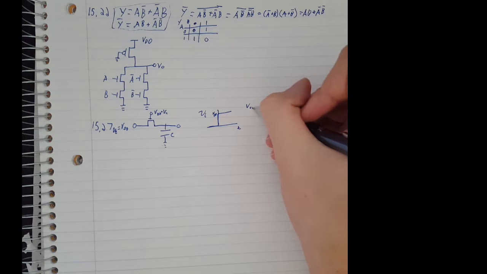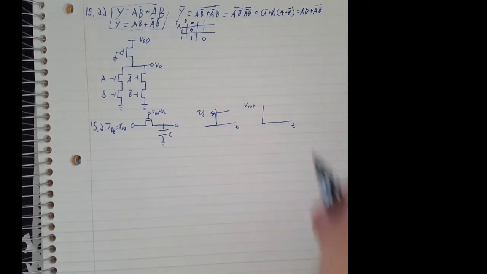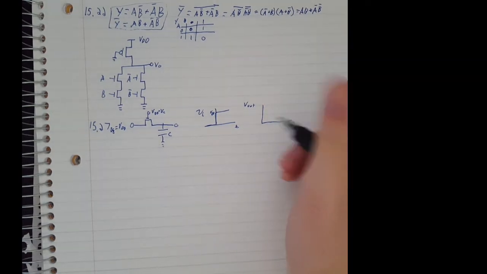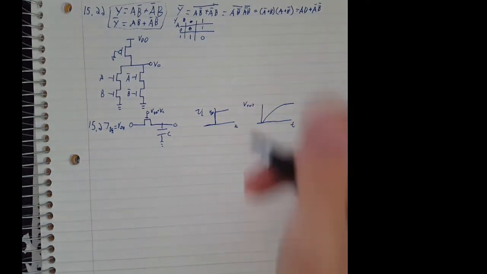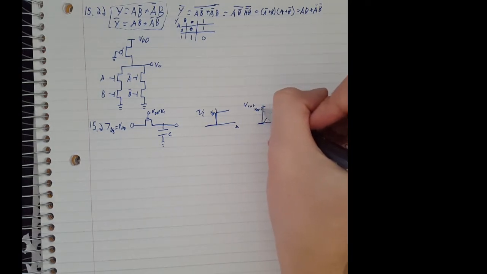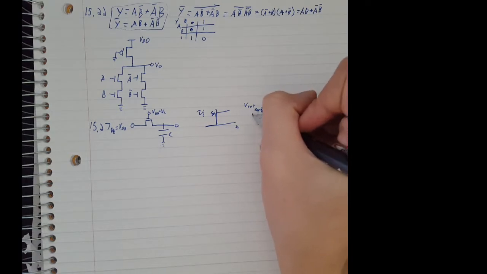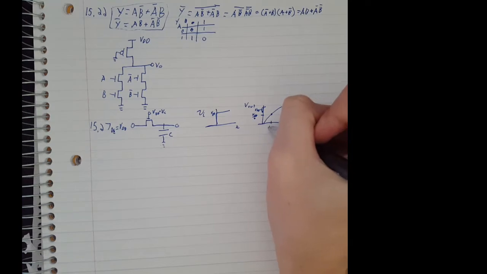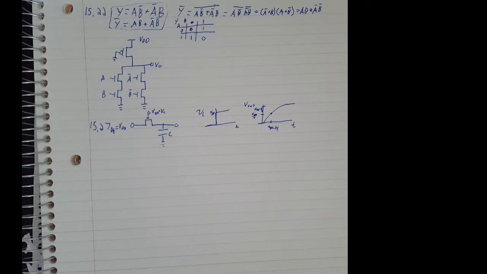And V out. This is time. It's going to have an output that looks like this, where this right here is VDD minus VT, and this point right here is going to be VDD over 2. This is going to be tplh. So we want to find tplh